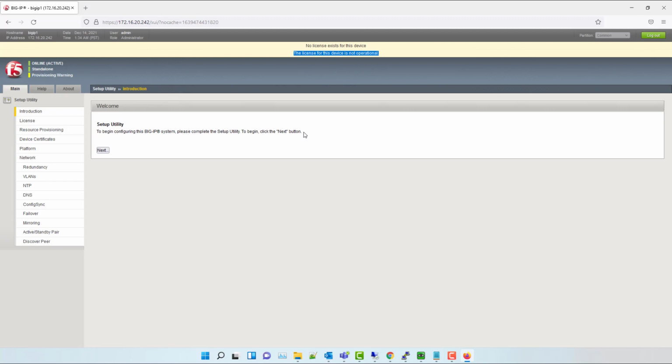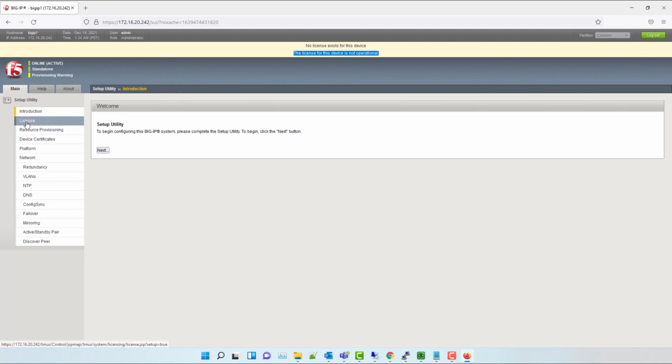In this tutorial, we are only going to learn how to install a license. To attach a valid license, you need to first purchase it from F5 as per your requirement. For demonstration, I am using a trial license which comes with 30 days validity, which is good for product demonstration.